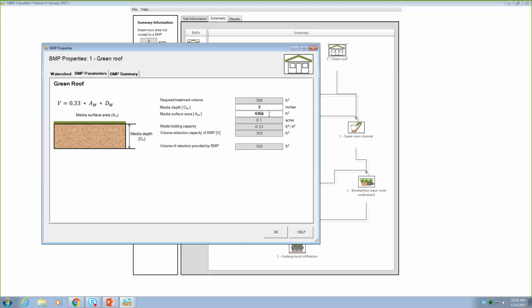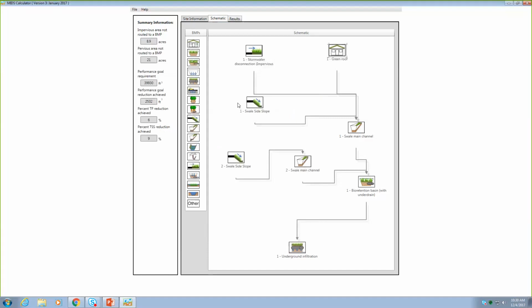The conventional roof area cannot be larger than the green roof area, but in this case I'm assuming the entire roof area here is green roof. And you can see that I'm getting 359 cubic feet of treatment, pretty close to what my performance goal is, but still we have 40 cubic feet of extra water that we need to route into this system. I'll go to my first swale side slope,